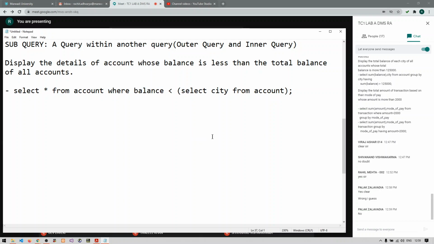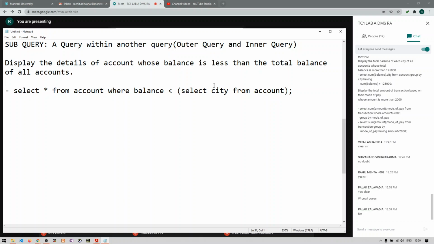Obviously not, right? Always remember that whatever output you give from the inner query will be used by the outer query. So this output is not relevant actually. City cannot be compared with balance, right? So this output cannot be right.